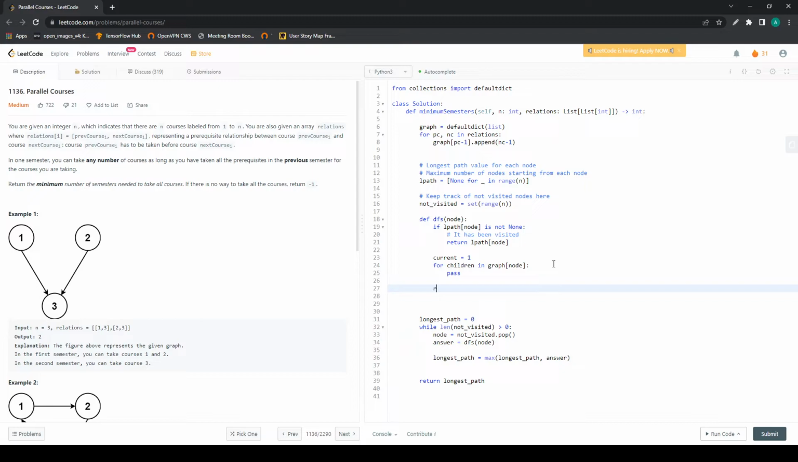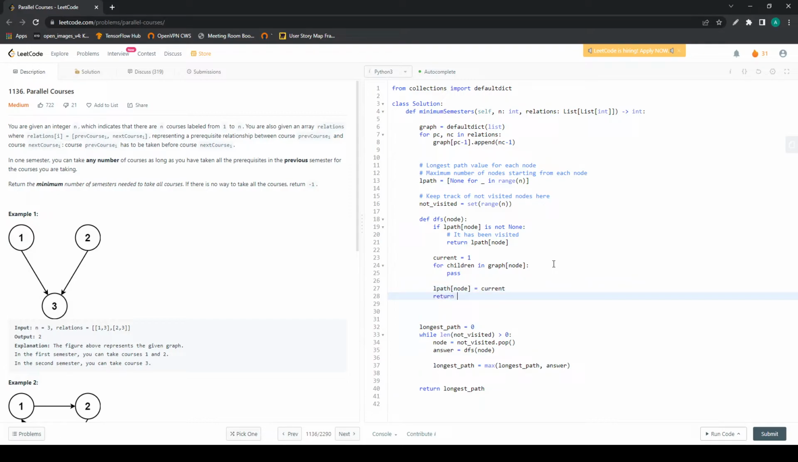And then after that, we update the cache. LPath of the node equals current, and then return current. So we are restoring the value, the current, after iterating through all children's current, and then returning the current as a result as well. Otherwise,